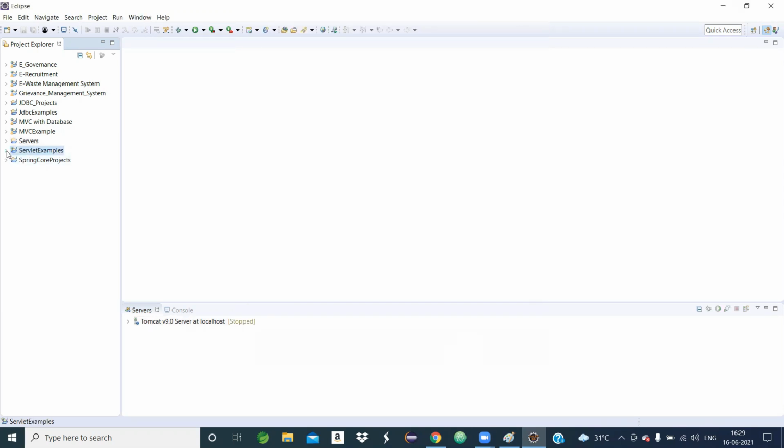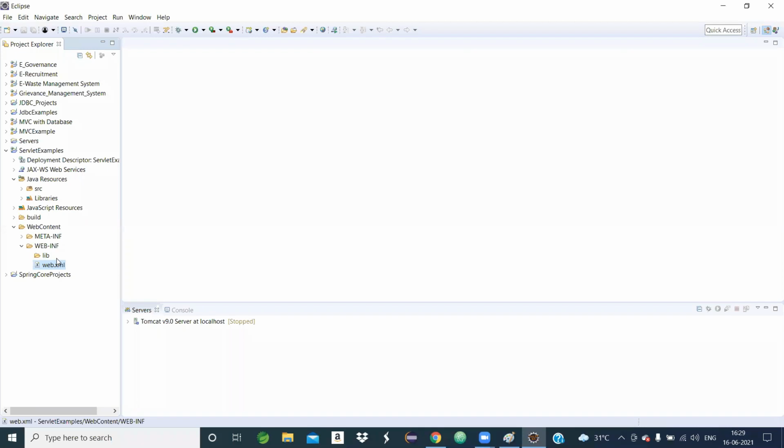Just to see, one project is created, the project name is servlet examples. If you enter, there are so many folders, like Java resources. Inside Java resources there is a folder src, and there is a web content folder. Inside the web content folder, you see there is a web.xml file. So this is the project structure in detail.